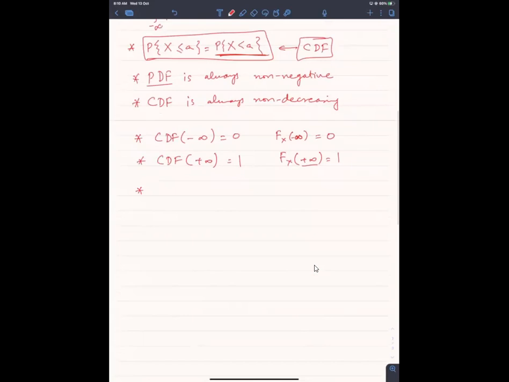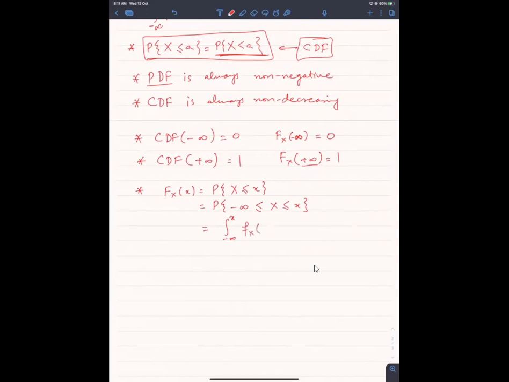So similarly, in the case of continuous random variable, the CDF is an accumulation. This is the probability x takes a value less than equal to x, or it can be written as the probability minus infinity is less than equal to X is less than equal to x. Same thing. Okay, probability x takes a value less than equal to x is the same as कि वो minus infinity और x के बीच में कोई value ले लेते हैं, which is the same as the integral from minus infinity to x